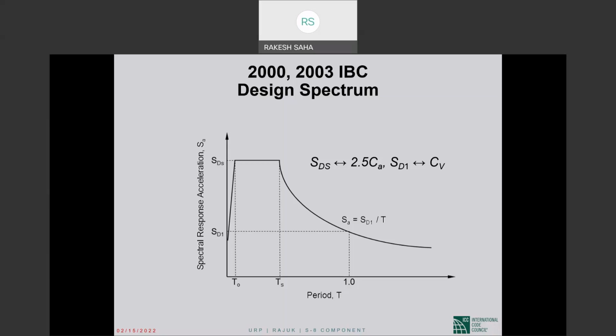Design spectrum is the result of smoothing and averaging of a number of response spectra. The design spectra for code use originated from Professor Harry Seed's work in the 70s, which was adapted by ATC3 and then